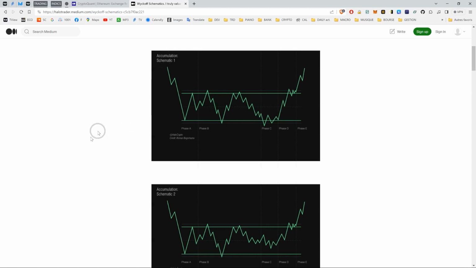If you're mentioning a reaccumulation in the middle of nowhere at all-time highs, it makes very little sense. Most of the time all-time highs will be distributions, and all-time lows and the like, or a major bottom, is accumulation. For the simplest reason, which we're going to start explaining now: what the heck is going on with this thing? So Wyckoff is basically 40-plus years of experience in the market and market making, saying, well, these patterns tend to repeat.